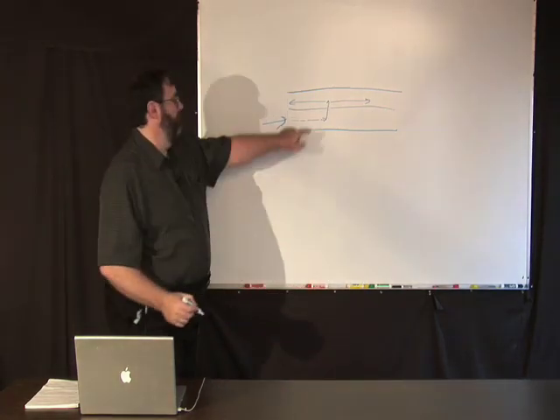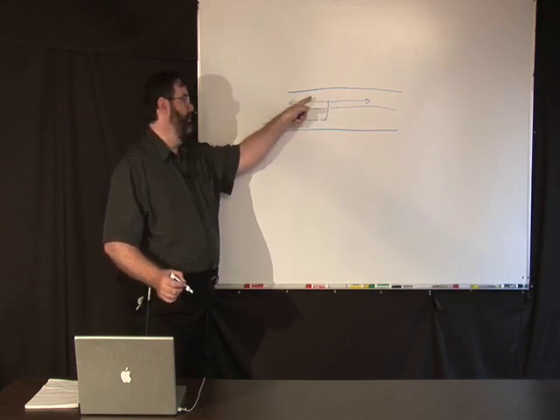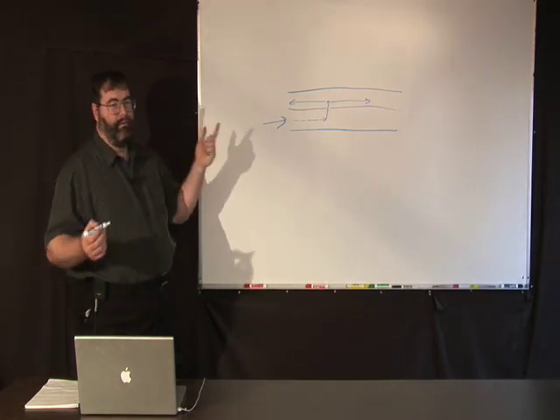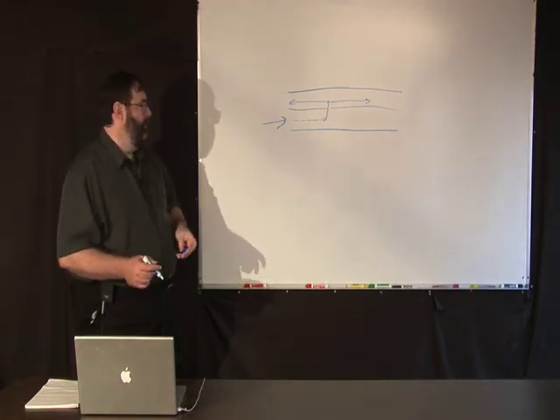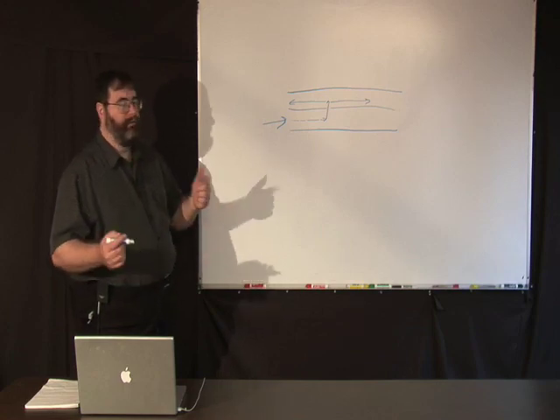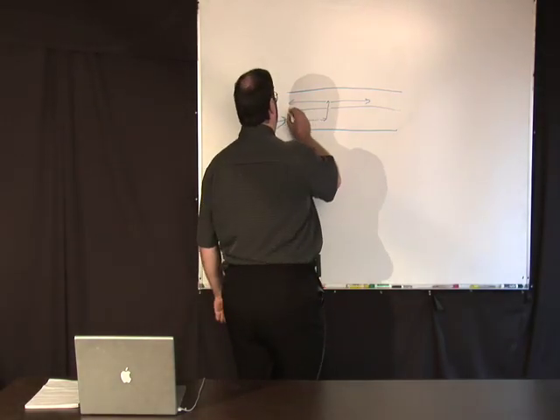Now, what happens close into the hole is extremely complicated, but you're getting a little bit away from the hole, and all you've got is basically the waveguide mode that propagates in the waveguide. That's all you have. Well, if you drill another hole between 2 waveguides, let's say